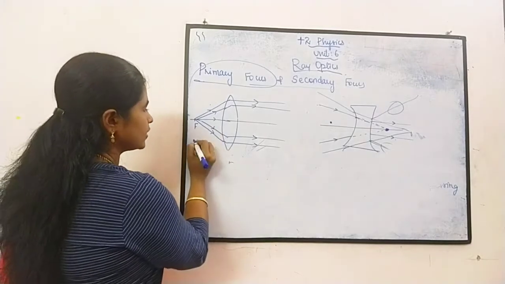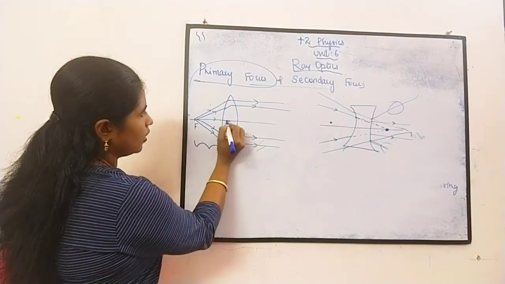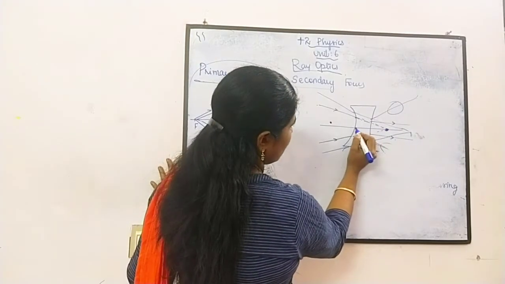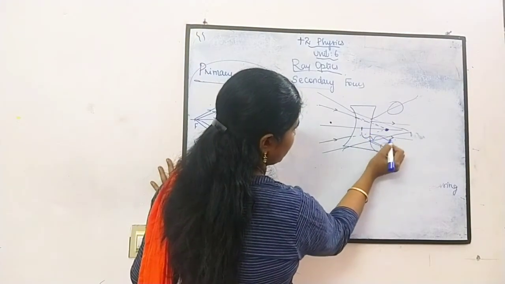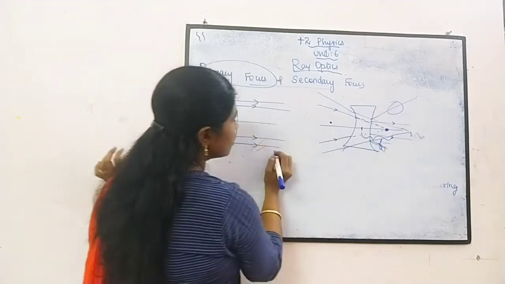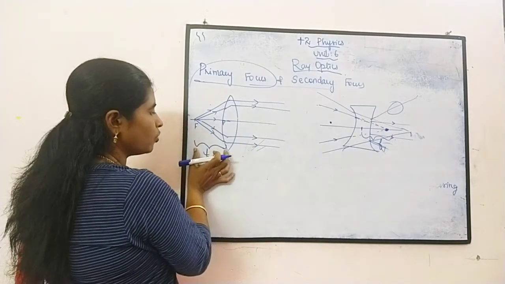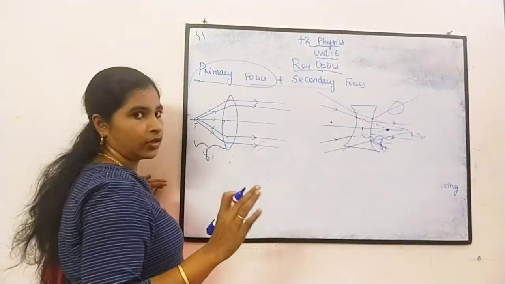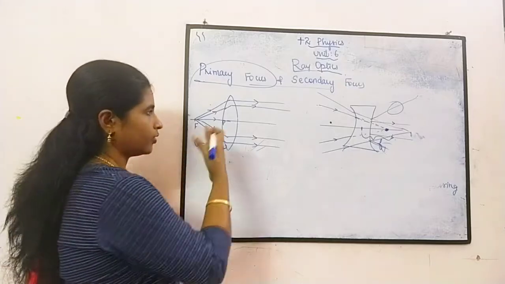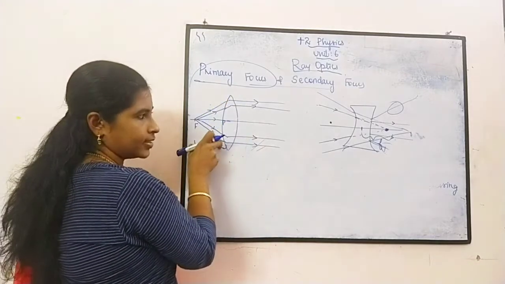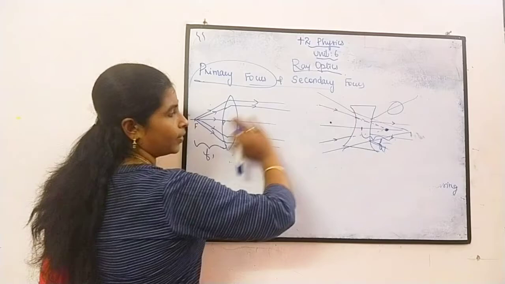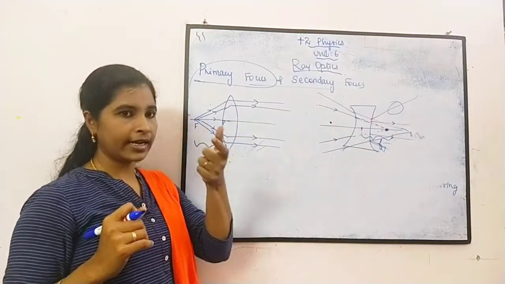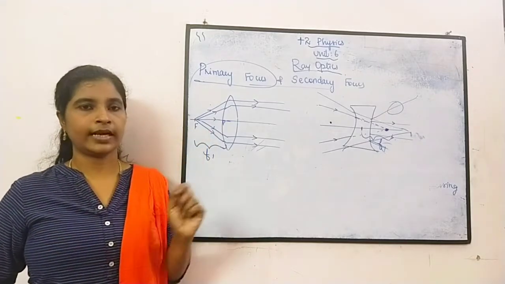We are calling that point the primary focus. So we know that the distance from this point to the pole is called the focal length, right? Okay, so here we can see that the focal length measured from this place to here and from here to here will be the same. In the convex lens the focal length is here, in the concave the focal length is here, but the distance will be the same. The focal length is just the same for both types.